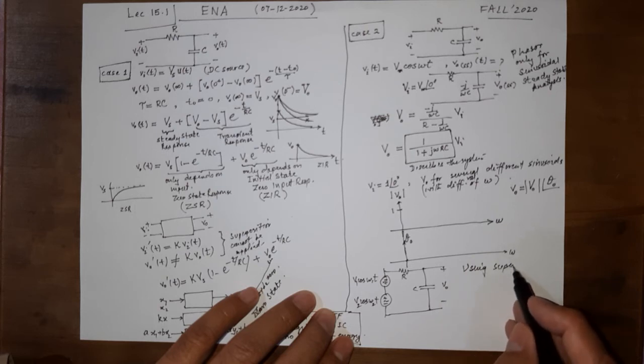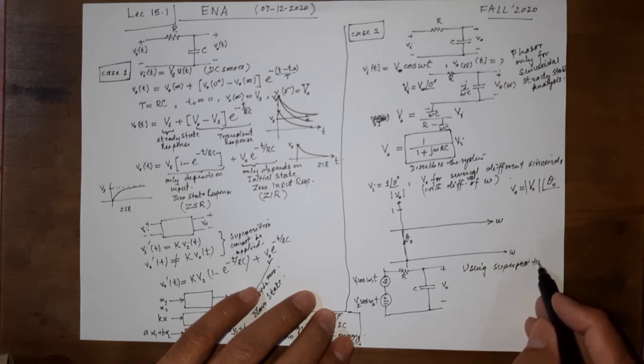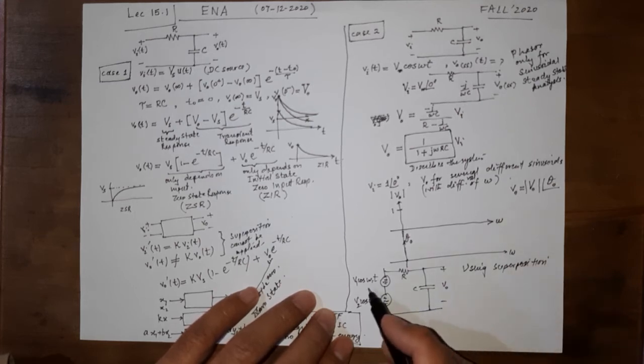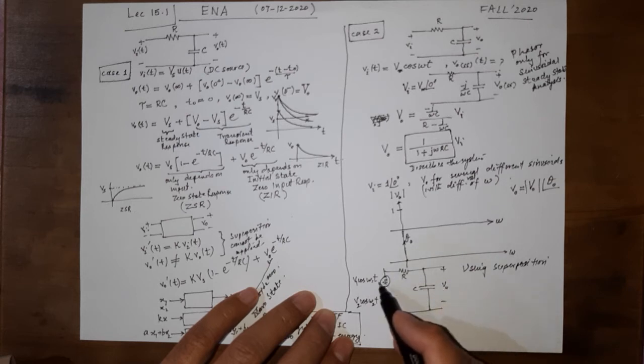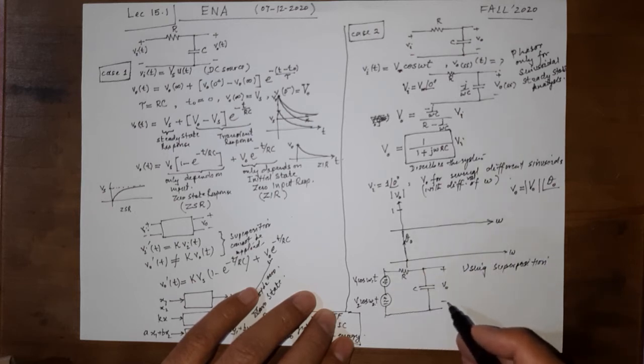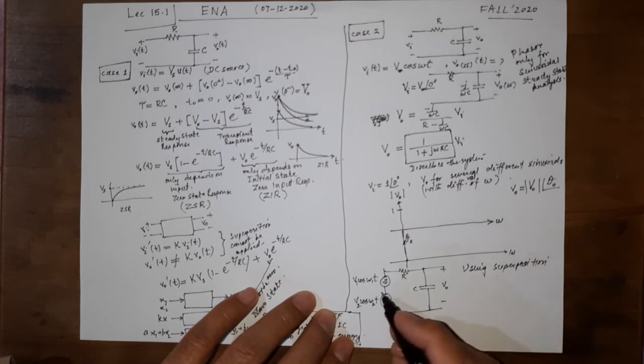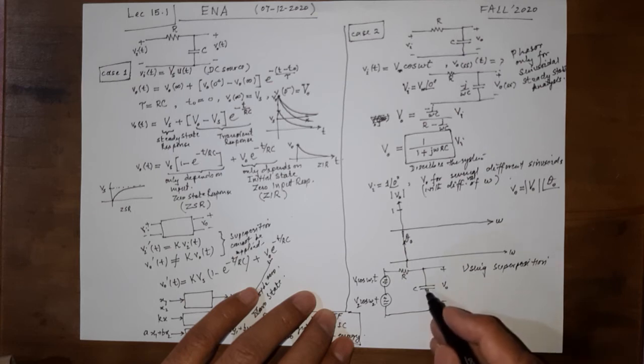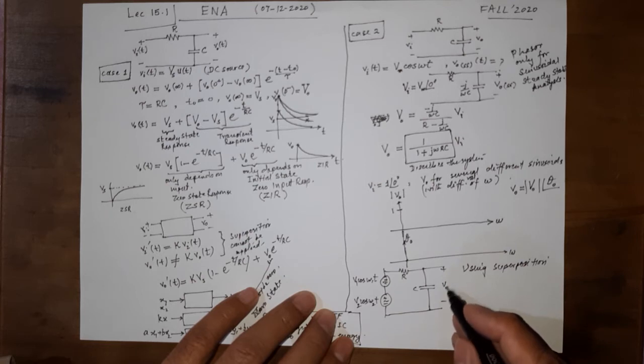This is very important. If you have a circuit with sources of different frequencies, remember this omega is the radian frequency, attached with the repetition of the input AC voltage source. If we have the same circuit with multiple sources of different frequency, we cannot use the concept of phasor and solve them in one go. We need to use superposition. That is, we take one at a time, find the output, and then sum all the outputs. So we short this, take this, then we short this, take this, and the two outputs are added together to get